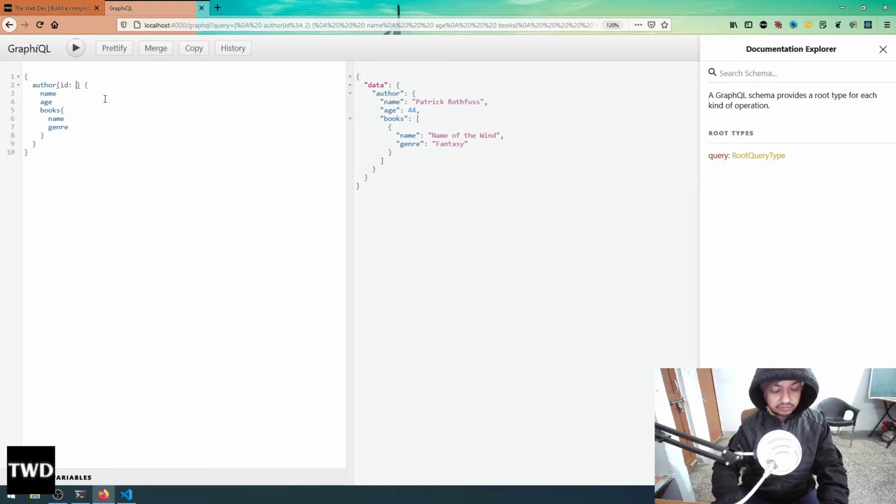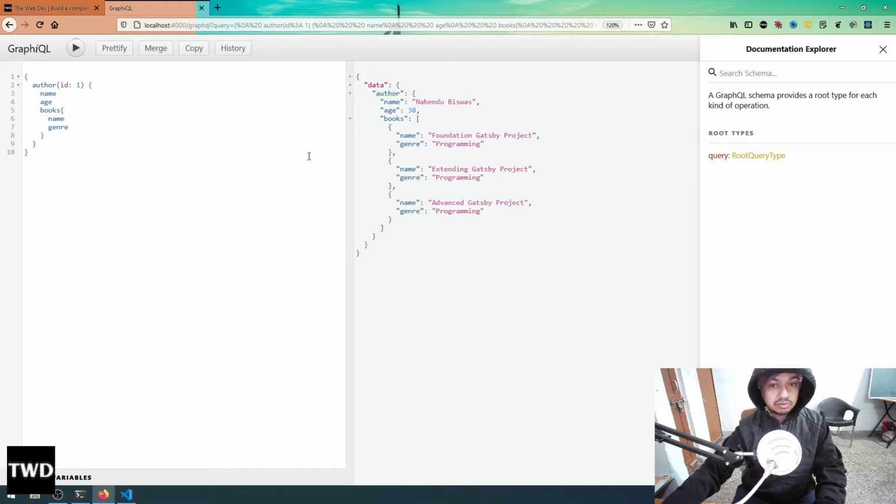Because I have multiple books, I have multiple books which are passed as an array, so this can be treated as an endpoint. Okay, so this is done. Now if you want all the books in the database or all the authors,